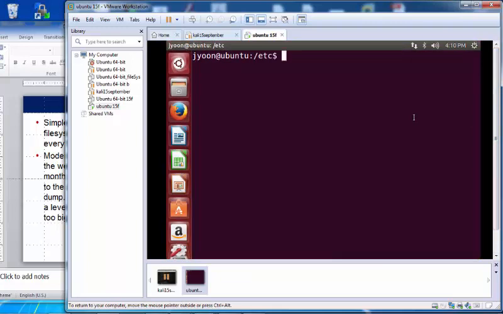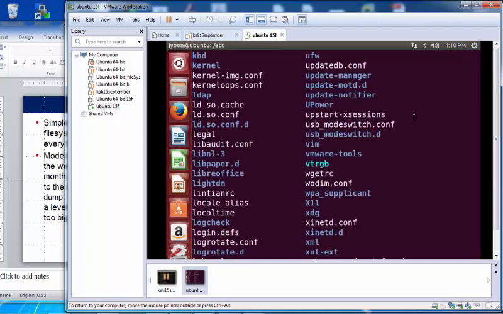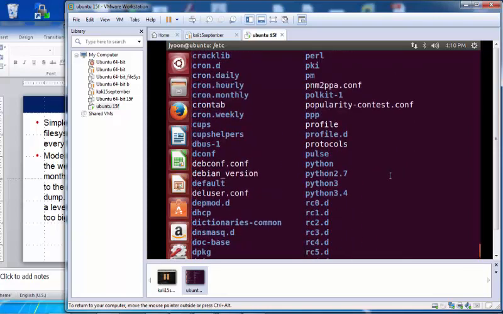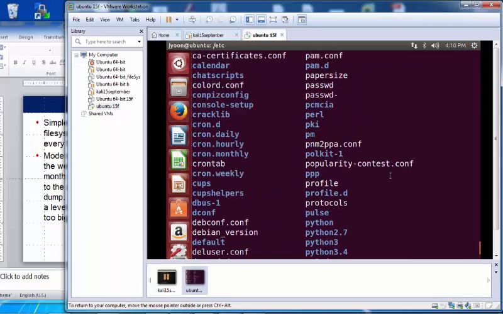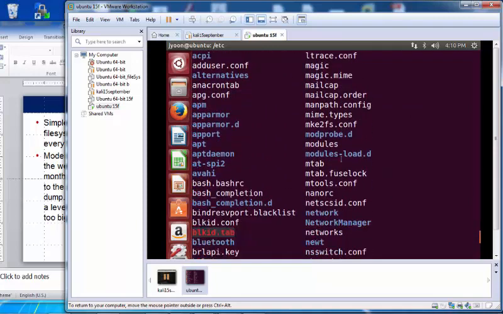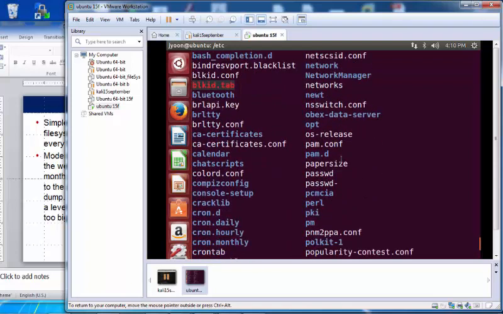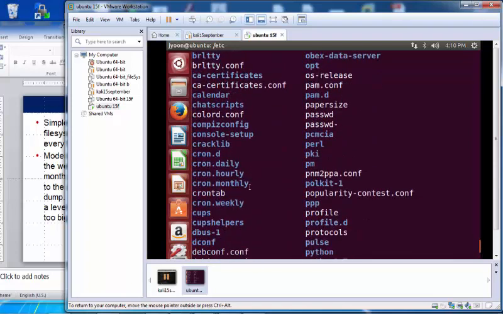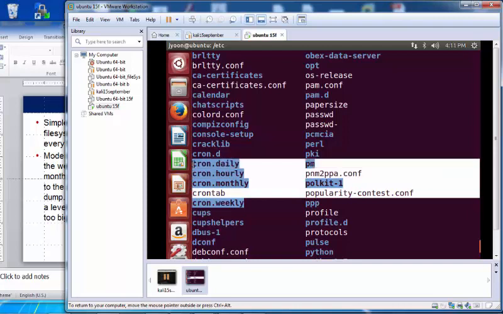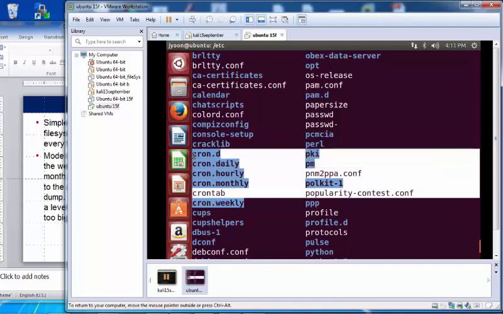Crontab can be found. Let's see if it is here. In the etc directory, right? There is a cron. Something about crontab, cron.weekly, cron.monthly, hourly, daily, and then cron.d.